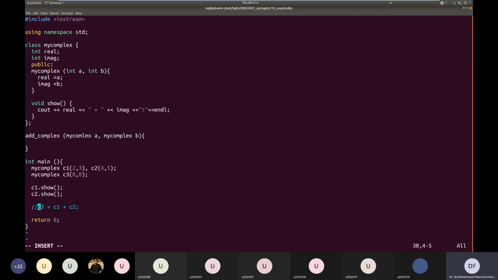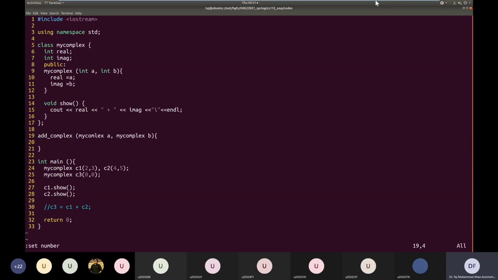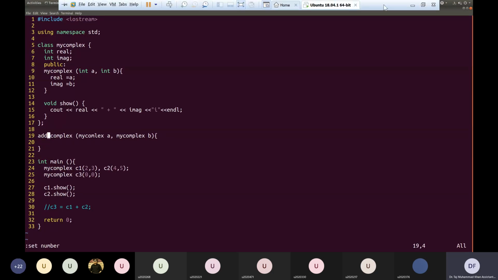So what should be the return type of this function? Let me put a line number. On line number 19, what should be the return type of this function? What kind of result are we expecting from this function? My complex. What do we have to do for more than two complex numbers? We'll tackle this question later in this class.